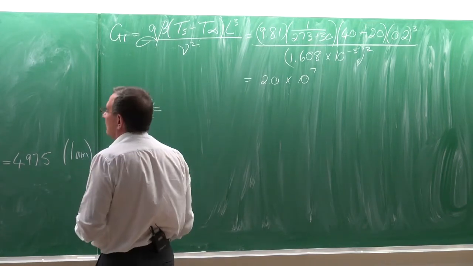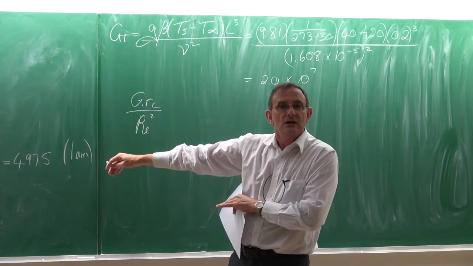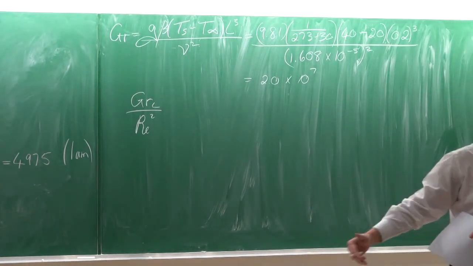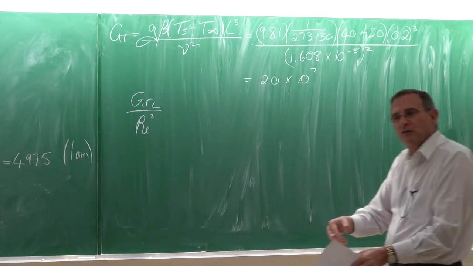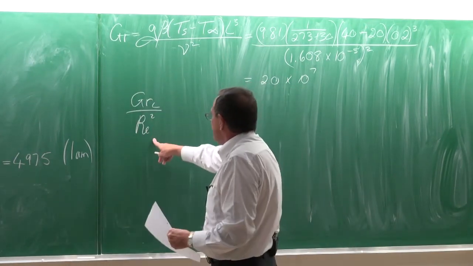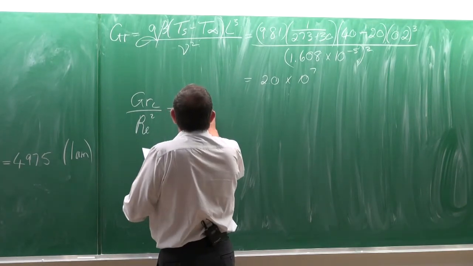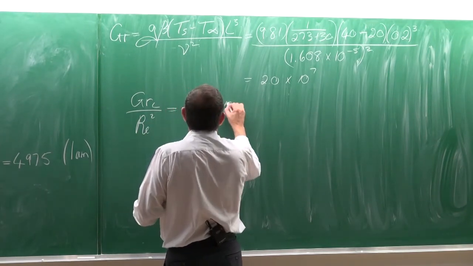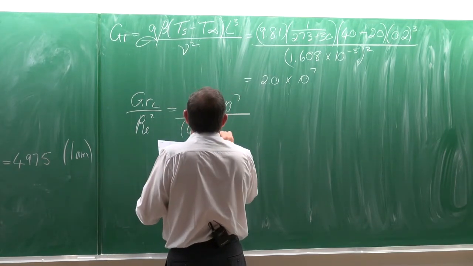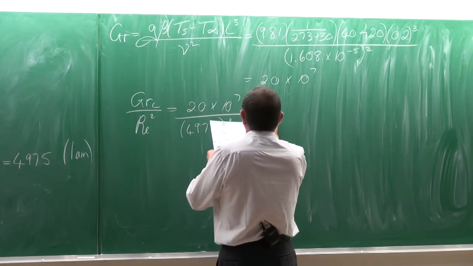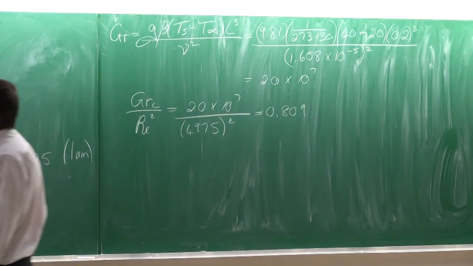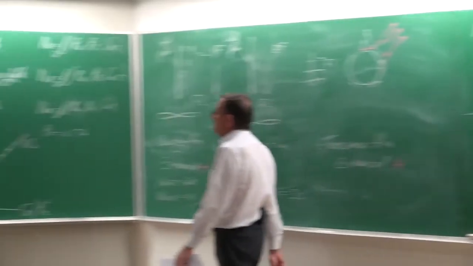Can we ignore the natural convection and just calculate the problem using the forced convection results? Or can we ignore the forced convection and only consider it as a natural convection problem? So this ratio is then important. That is equal to 2 multiplied by 10 to the 7 divided by the Reynolds number, 4975, squared. And that gives us a value of 0.809. So, if we look at this,